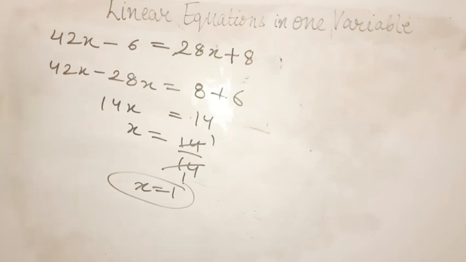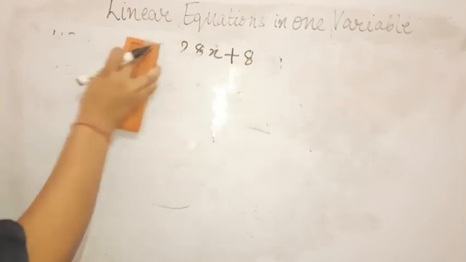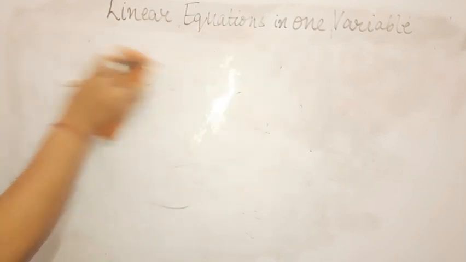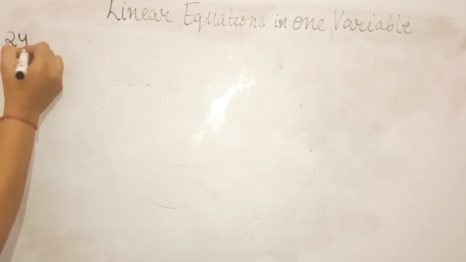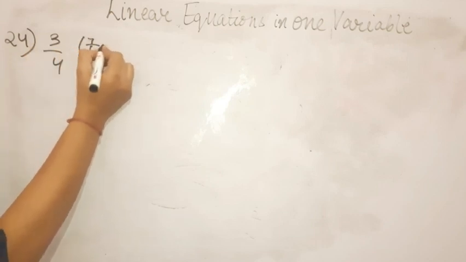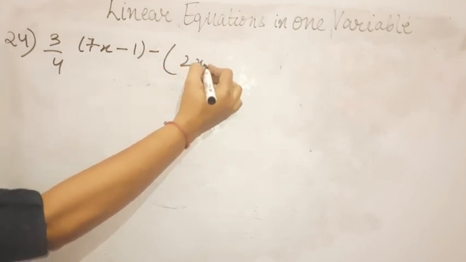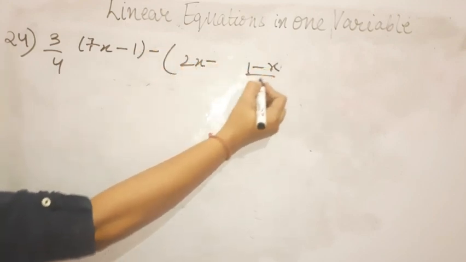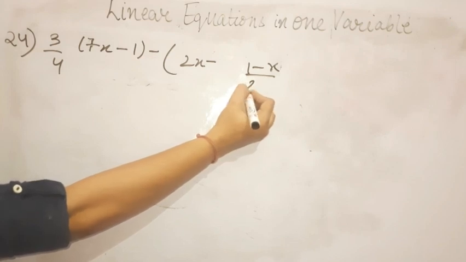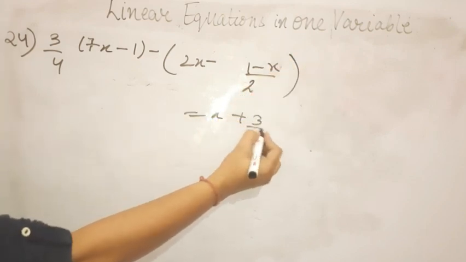Now placing the value of x in order to verify whether it is right or wrong. If LHS is equals to RHS, if this result comes, that means the answer is correct. If this result is not coming, that means there is some problem with your answer. That means the equation is not verified. I am writing the equation for you. And we have to check whether it is correct or not.